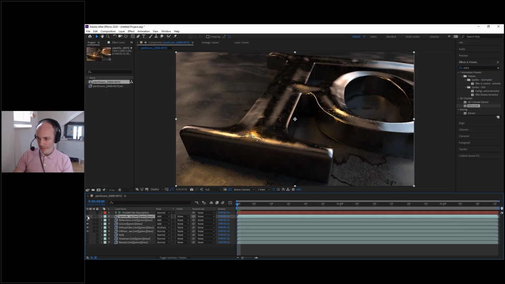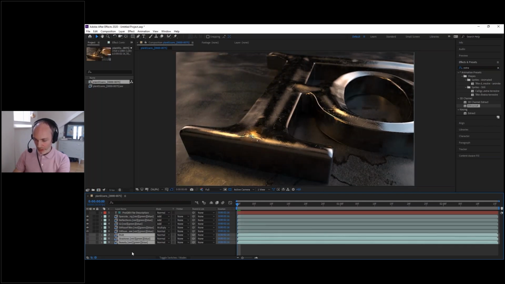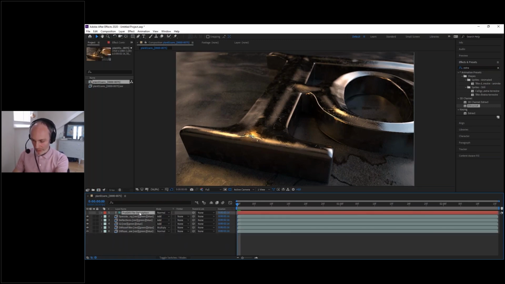As you can see, specular, reflection, the GI. The GI almost served no purpose in this shot. Diffuse filter, and here the lighting. Okay, I'll just delete those, and I don't need this one either.